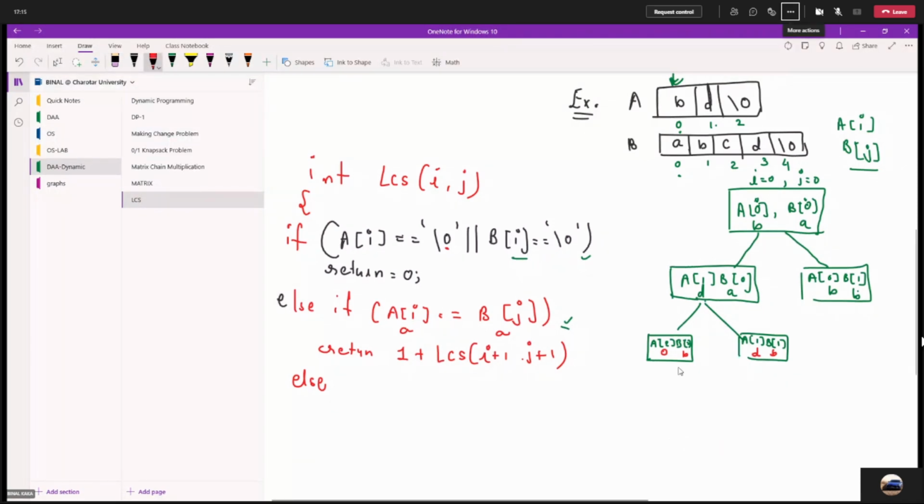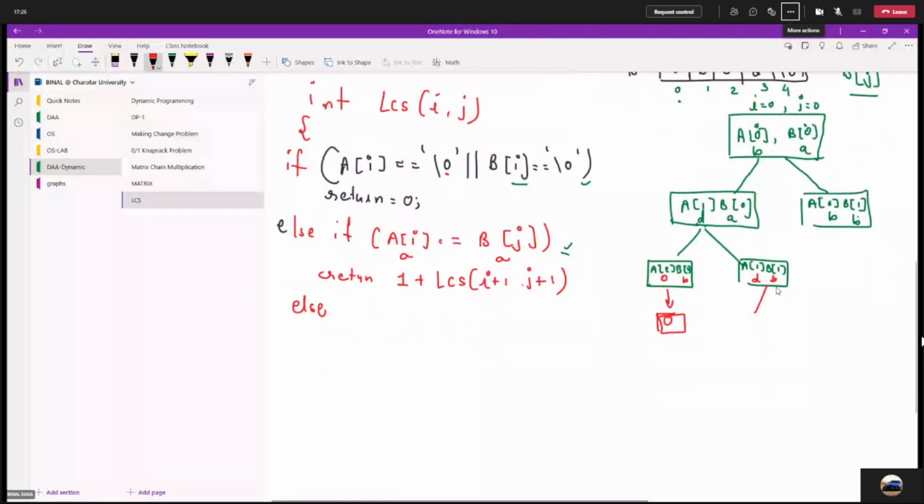Okay, so the value returns 0. So currently our value over here is 0. So I'm storing over here. Okay, चलो, these are matching? No. So again we are going for the third part. So we are doing I plus 1 comma J, J plus 1 comma I comma J plus 1. So that is A of 2 and B of 1. Okay, this is A of 1 and B of 2.